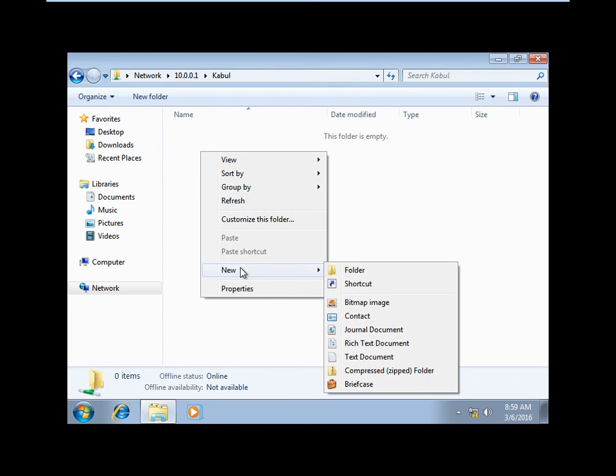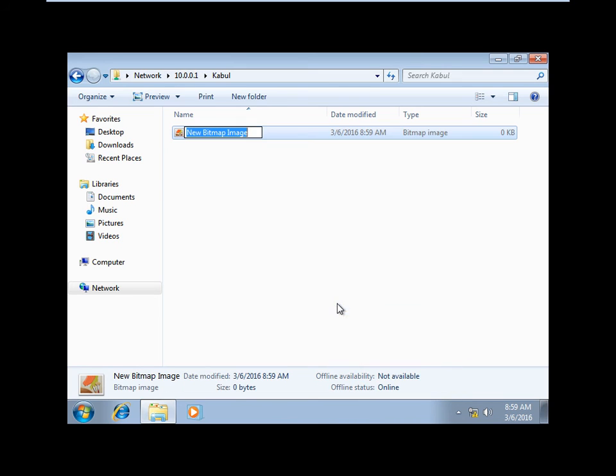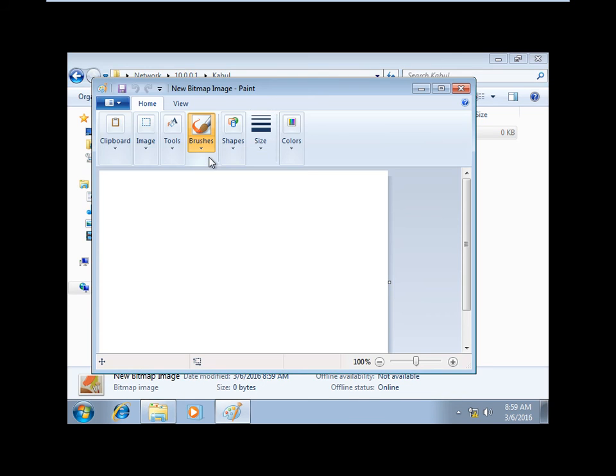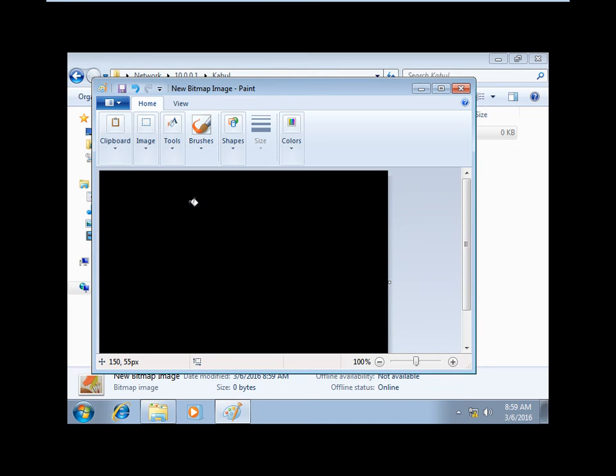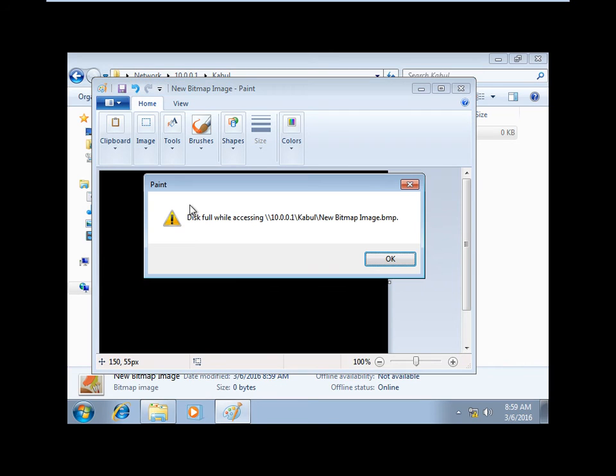Right click, new bitmap image, right click, edit. Here just give some color so that the size will increase. Save. See, it is full while accessing this one, because we have given maximum size 10.